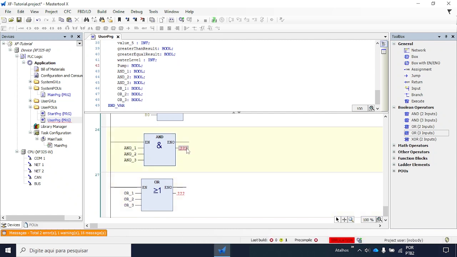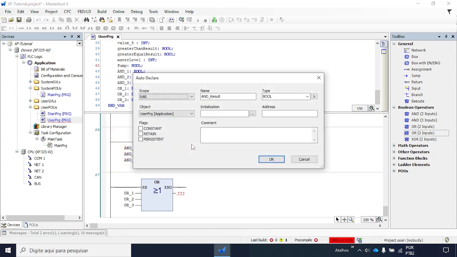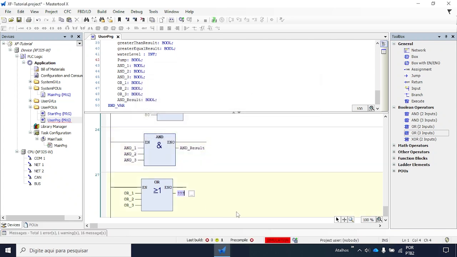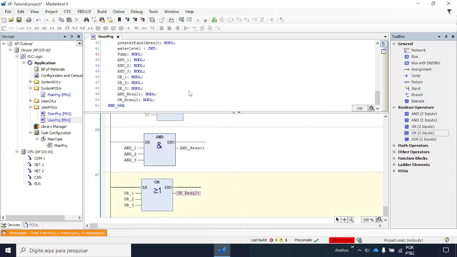Now assign the outputs. There we go. Let's log in to test our logic.